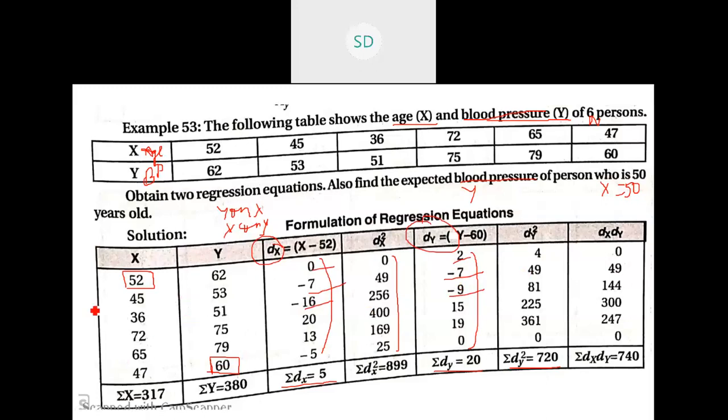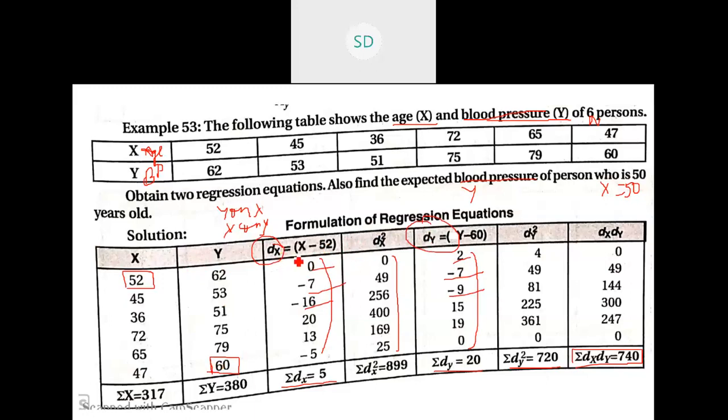So when you multiply these two deviations, dx into dy, then you get the last important value, that is summation dx dy. Okay, so from the problem, what are the major things that we have found out? First, we wrote down the x values and y values. We assumed one of the numbers from x and one number from y to be the assumed mean. Then we calculated deviations from x, that is x minus assumed mean, and that is denoted as